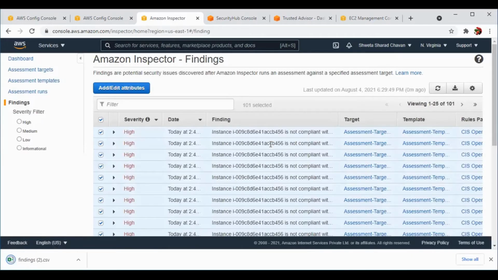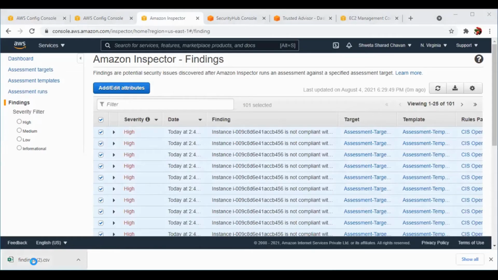We can see what severity there is and what the date was. When we open this Excel sheet, we can see the different rule packages, CIS, then the severity, which is high or informational. Then AWS agent, AMI ID, auto scaling, and different columns like IP address. All this will be seen.